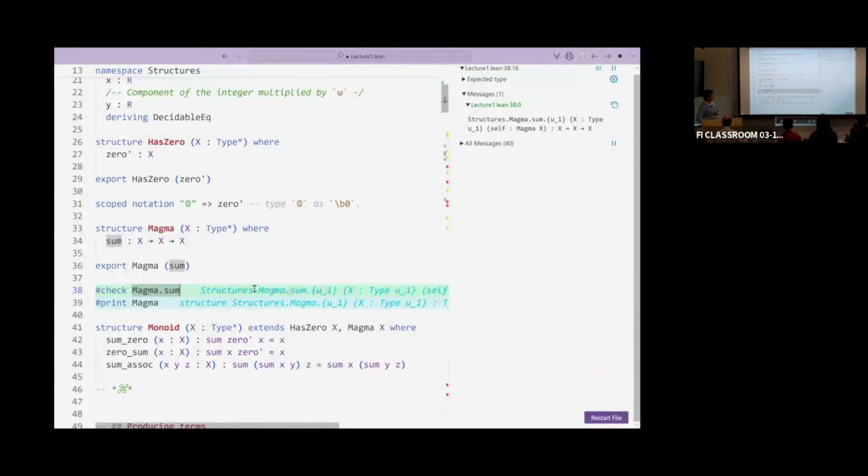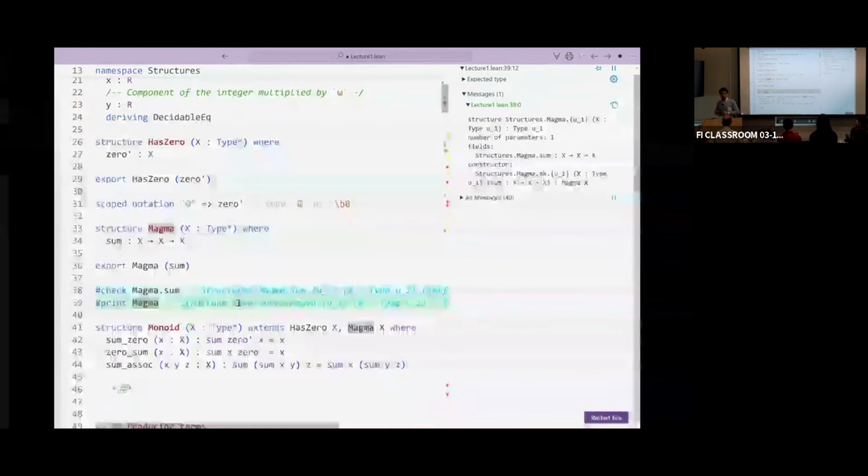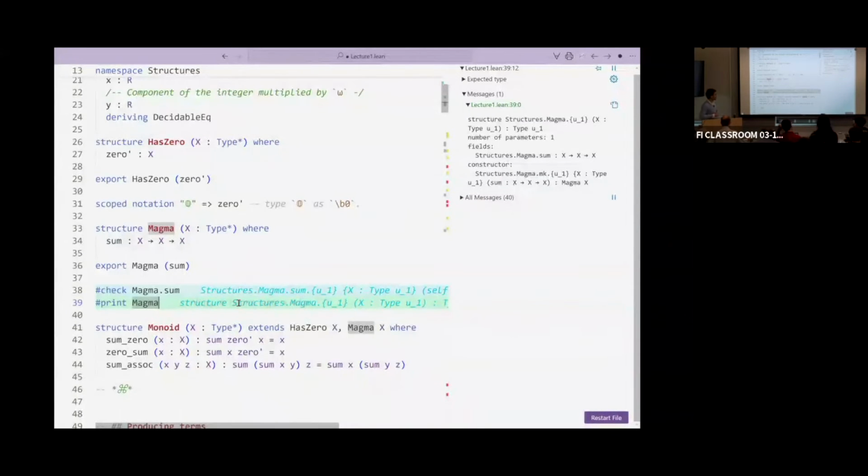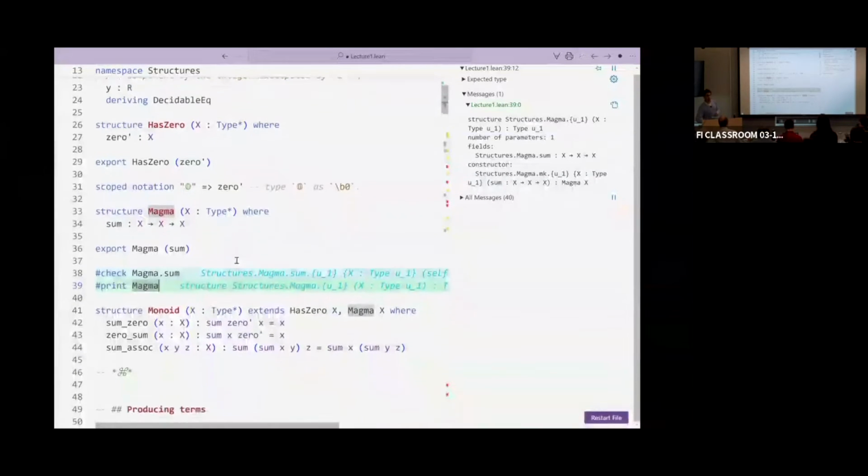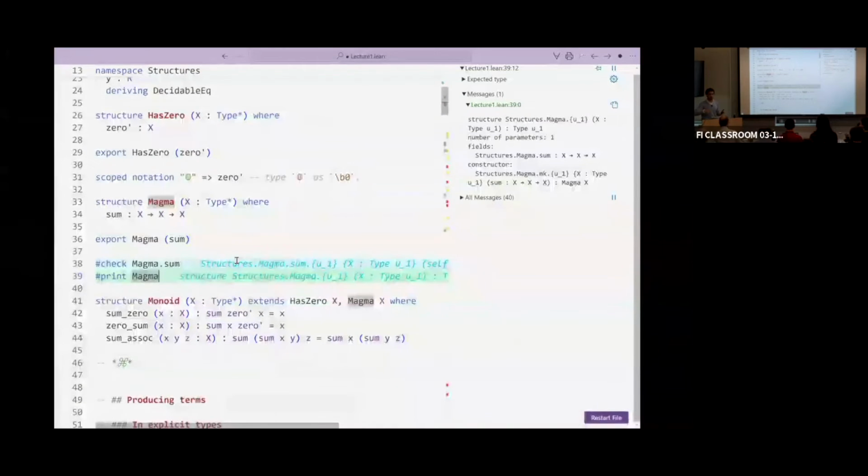Another thing you can do when you have a structure is print. Print is very useful when you have structures with many variables. For instance, what is a topological manifold in Lean? You can ask this yourself and print. Don't do it; it will be very scary. But okay, let's say what is a topological space? Let's do it mildly. Print a structure. It tells you how it has been defined. Of course, you can also right-click and go to the documentation, but this is something you can do in a file.